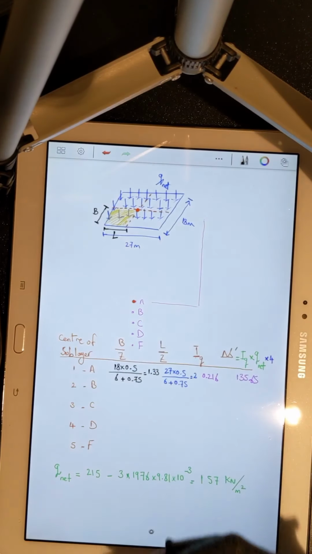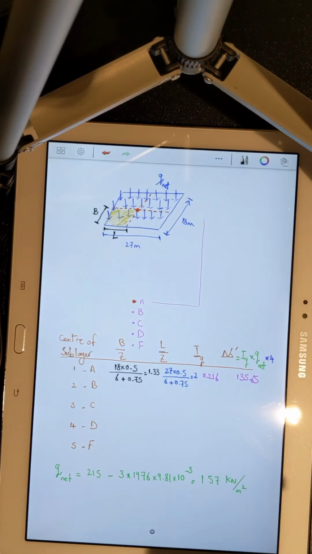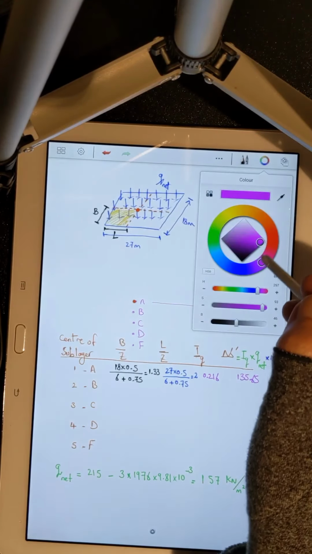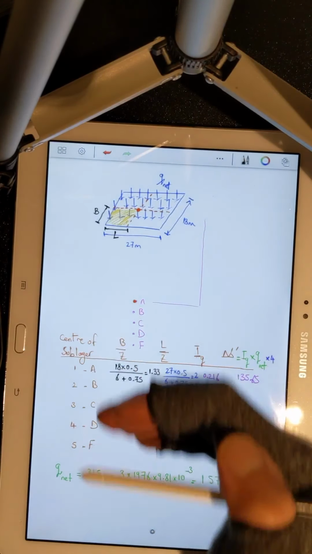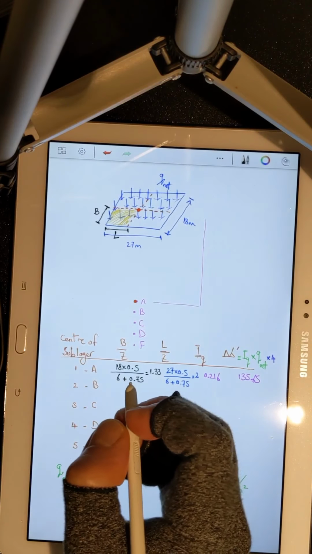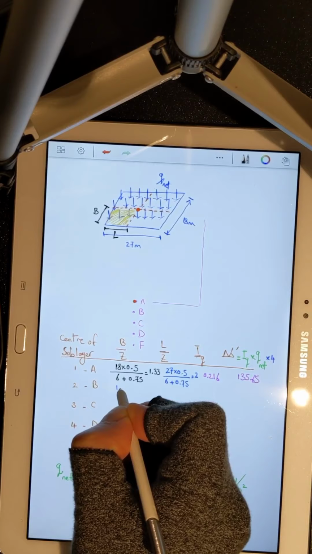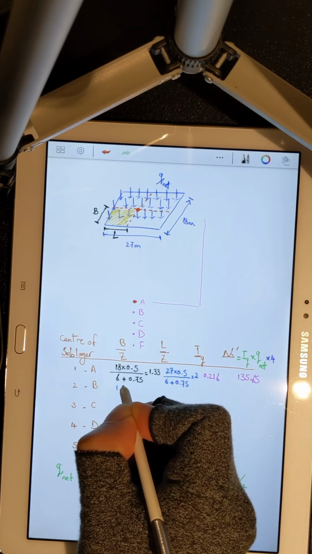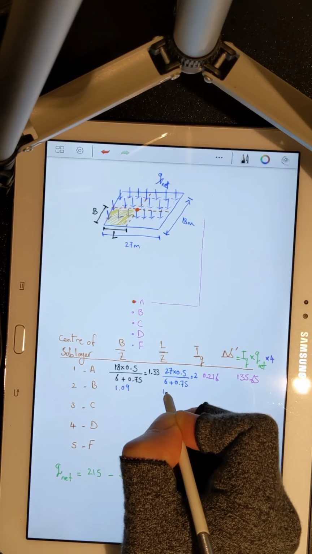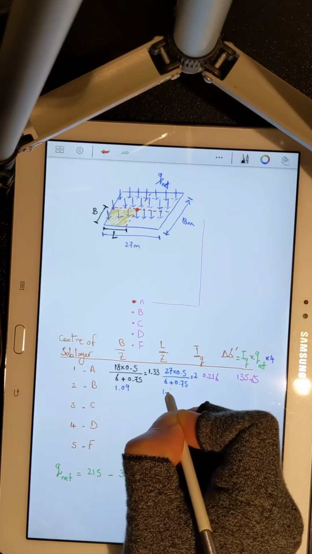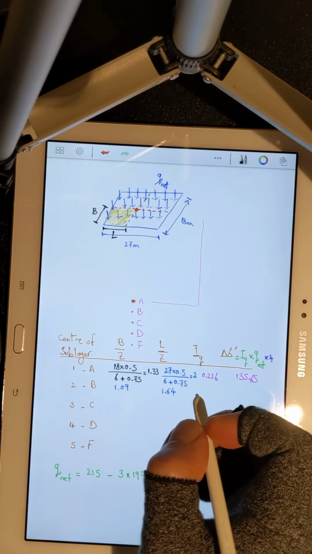Now, I've done the analysis for all soil layers. I'm not going to repeat them here in front of you, but you can do it at home and check your numbers against mine. And I'm going to write these values here for you. For sublayer 2, I have 1.09. For B over Z, 1.64. For B over Z, 0.201